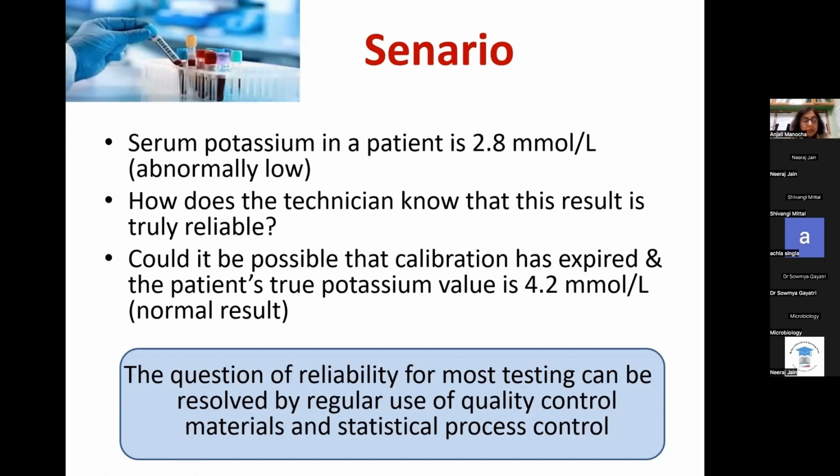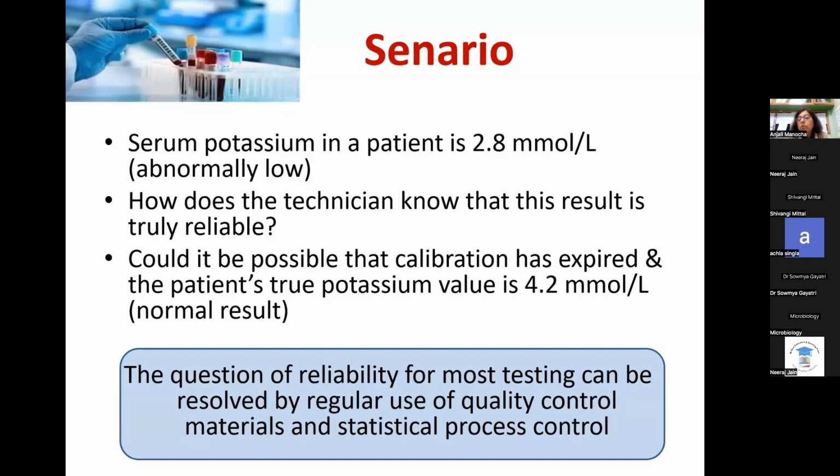Now, 2.8 could be due to the patient's condition, or is it because of some problem which we have faced in our lab? Either with the control or with the reagent or with the calibrator or with the environmental conditions or a machine, there could be n number of possibilities in the lab. And we from our end want to make sure that we do not release a report when there is a problem in the lab. So how do we get to know that this value of 2.8, which is a critically low value and needs to be informed immediately, is not because of something going wrong at our end?